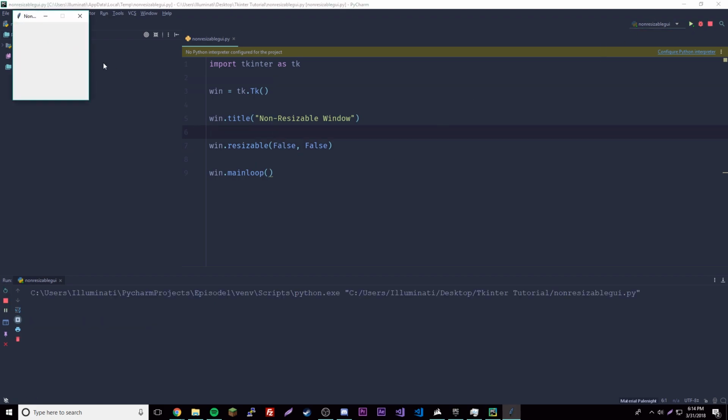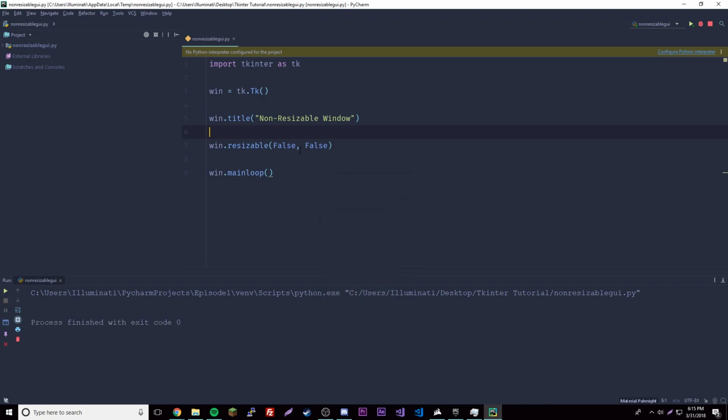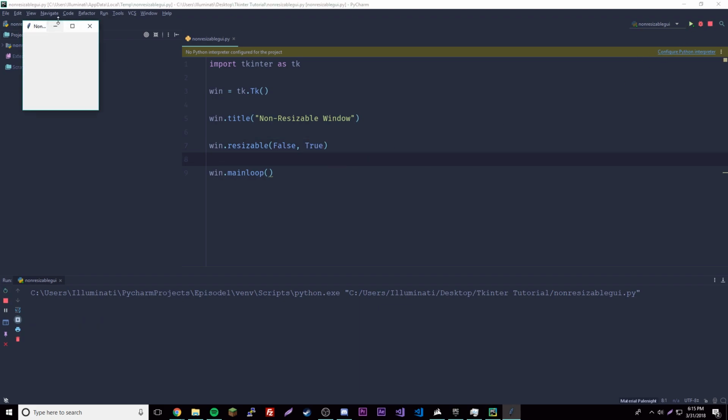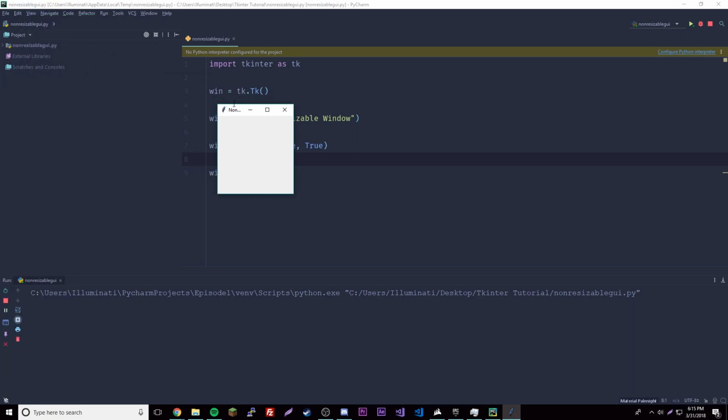Drag it down here. Oops. So now the icon doesn't even show up to even resize it, so. And we can't full screen it either, so. Yep, that's that. And yeah, so again, let's do the y direction. And as you can see, only in the y direction. And you can't, yeah, nothing shows up there. So anyway,